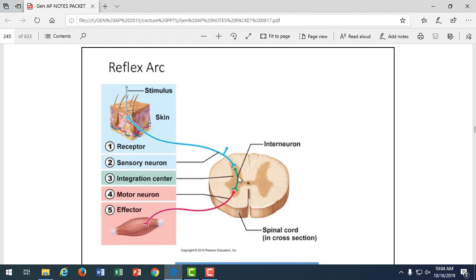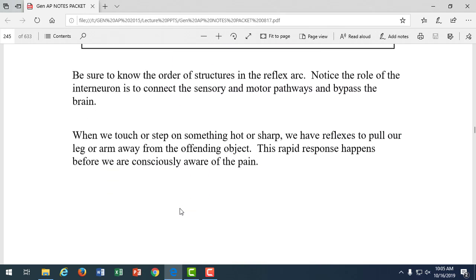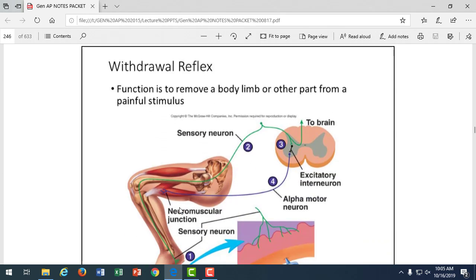This is the key part of this reflex arc. That's why it's called a reflex. You don't think about it. Just like when someone taps your knee, taps the patellar tendon, and your knee kicks out, that was without the brain being aware, because we have this interneuron to get that immediate response. And again, that's good for protection. It gives us the ability to quickly stop and pull up our foot before too much damage occurs. We do have some level of control